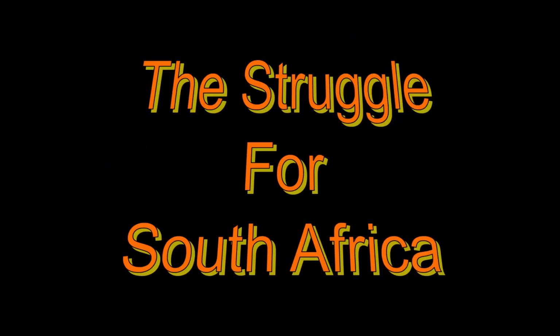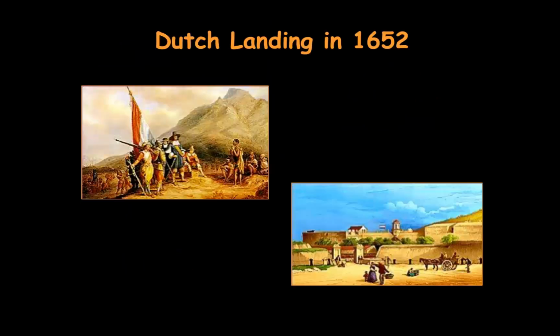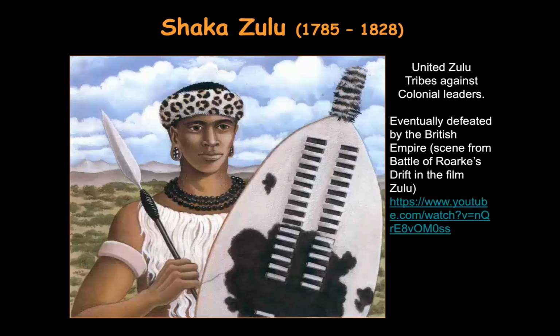So Africa is not going to grow greatly from this period. This is a period that really hurts a lot of people. The Dutch landing. Now, how about South Africa? We're going to look at that as a focus point because that's an important colonial territory. The Dutch will go into South Africa first, and then the British will show up later when they're going in to colonize. The language spoken in South Africa is a language known as Afrikaans, and it's a bit of a mixture of English and Dutch put together.